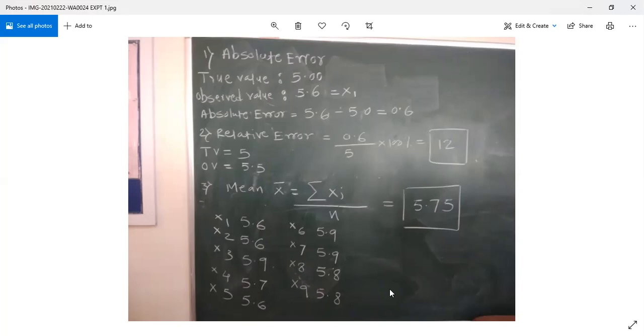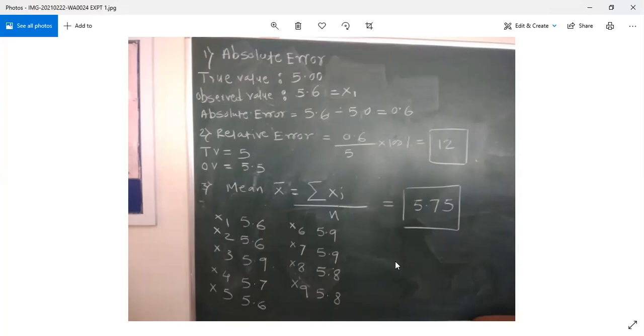Okay. Now another type of numerical we are taking, where we have x1, x2, x3, x4, x5, x6, x7, x8, x9. A total of 9 burette readings are taken. These are called xi, or replicas, and they are represented by Xi, with i at the base.